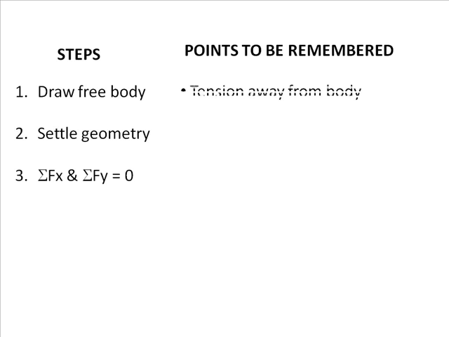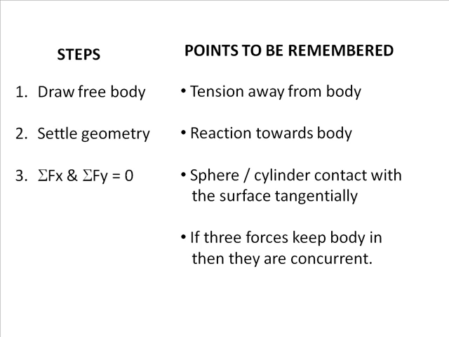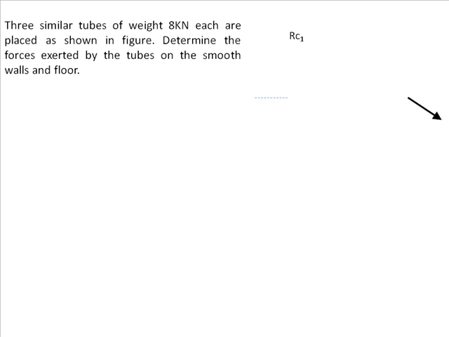And while doing this, these points have to be remembered while drawing the free bodies. Tension force is always away from the body, reaction is always towards the body, spheres and cylinders touch each other, and any wall or roof or ground at only one point, and the contact is tangential. And lastly, if three forces keep the body in equilibrium, then these three forces are necessarily concurrent. Okay, with this background,